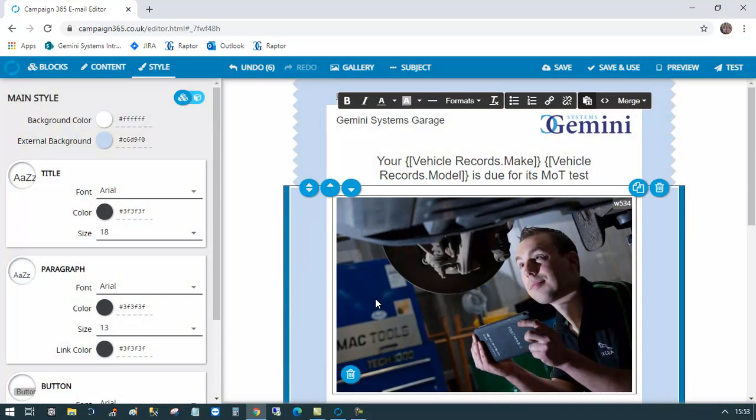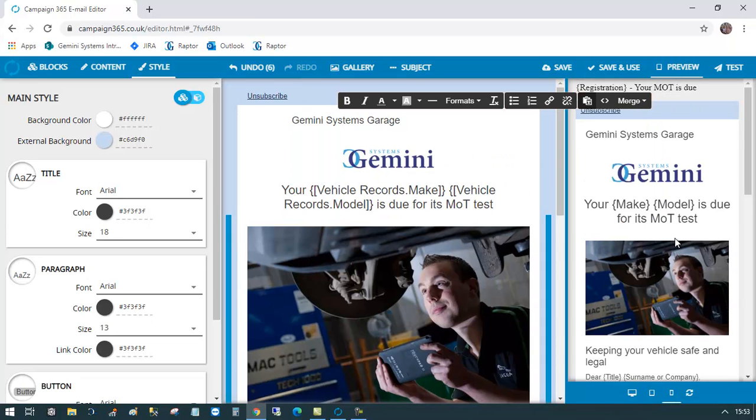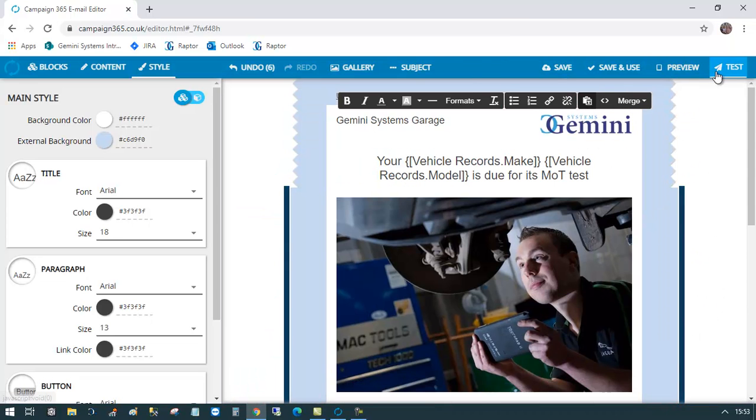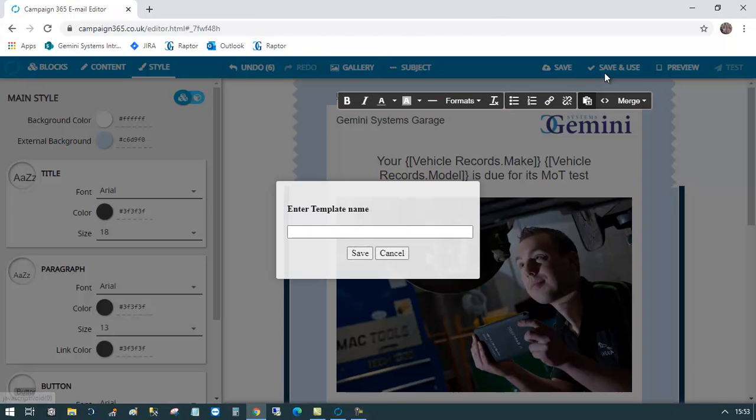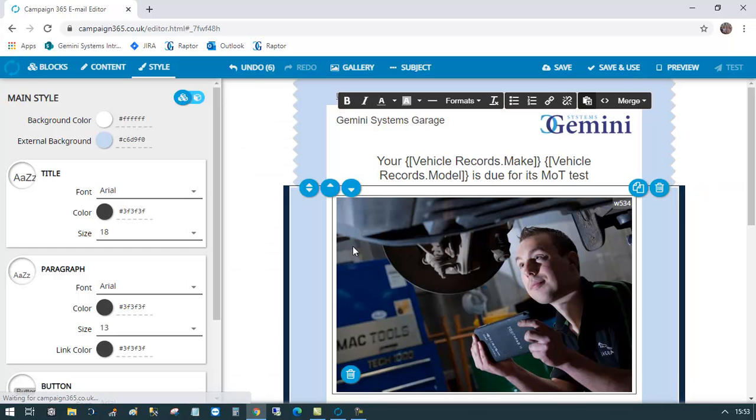Once you think you're finished, you can preview or send a test email of the campaign to yourself just so you can look it over. But if you're happy with everything, simply hit save and use up in the top right. And it'll ask you for a template name. And once you hit save, it will bring you back to Campaign 365 and you can then select your next